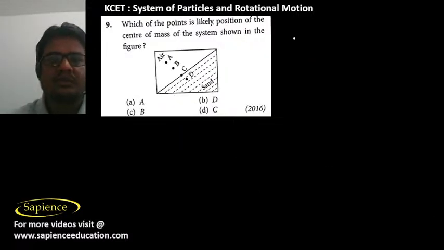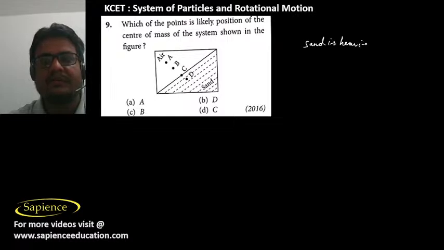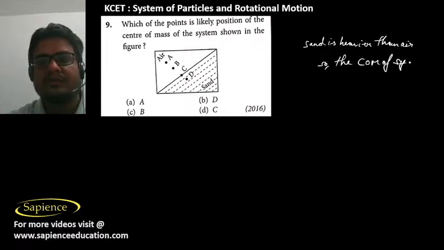Then it is asked which of the points is likely the position of the center of mass of the system shown in the figure. So here we have air, here we have sand. So we know that sand is heavier than air. So the center of mass of the system will lie